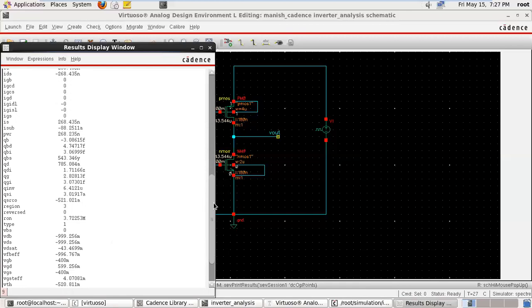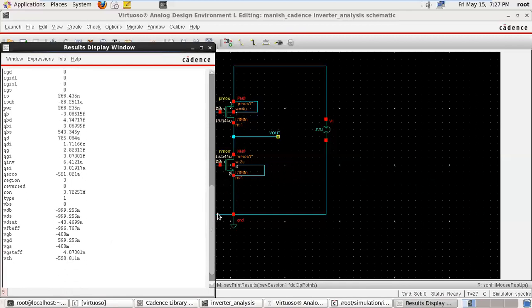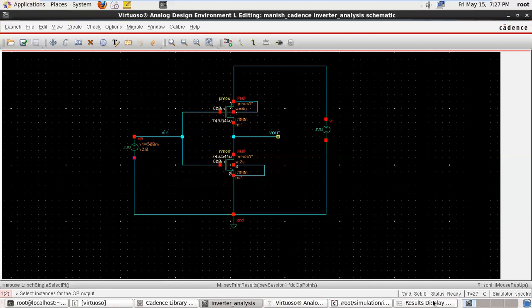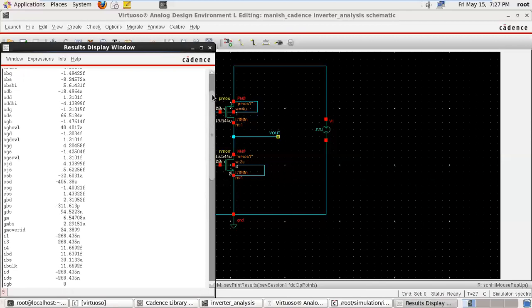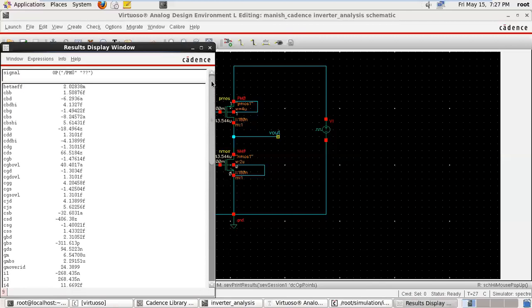An important point is this: here all are single valued functions. By default the value of VG is chosen as 0.6 volt, and all these transistor parameters are with respect to the default value. Suppose we want to draw all these curves with respect to X, as we have taken VGS from 0 to 1 volt.